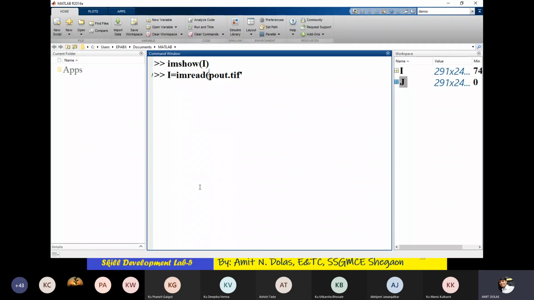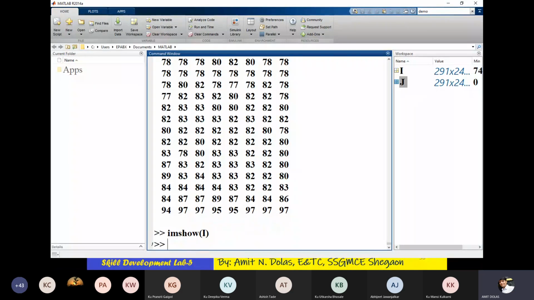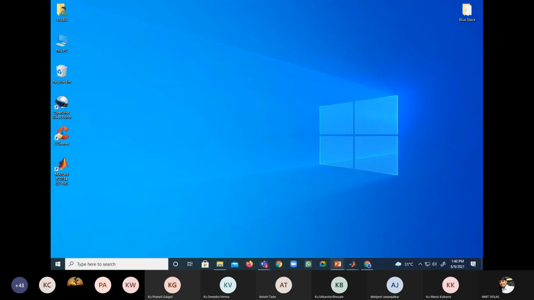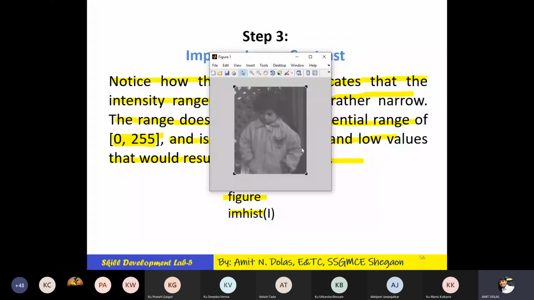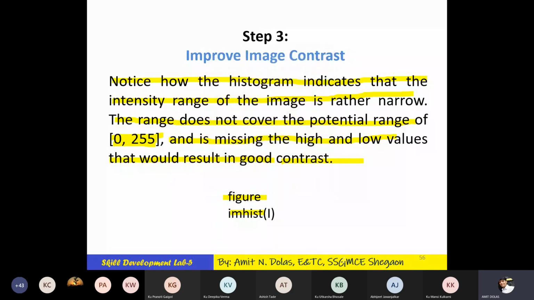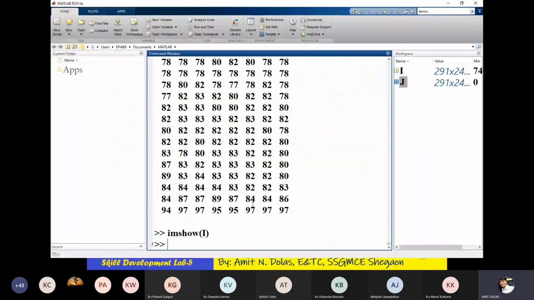The single quote, the inverted quote, is required for the syntax. If you make it wrong, then you will not get the result. Imshow I. So it came but does not appear in the front. So this is the image. Then I'll use this command.